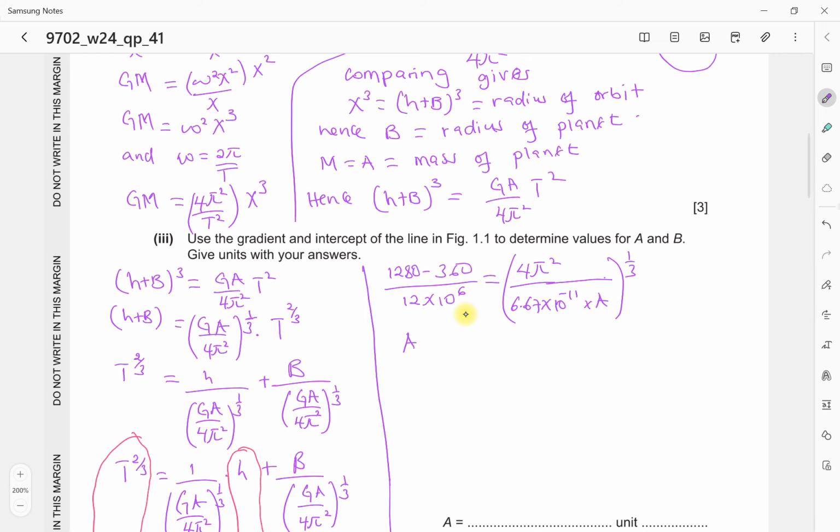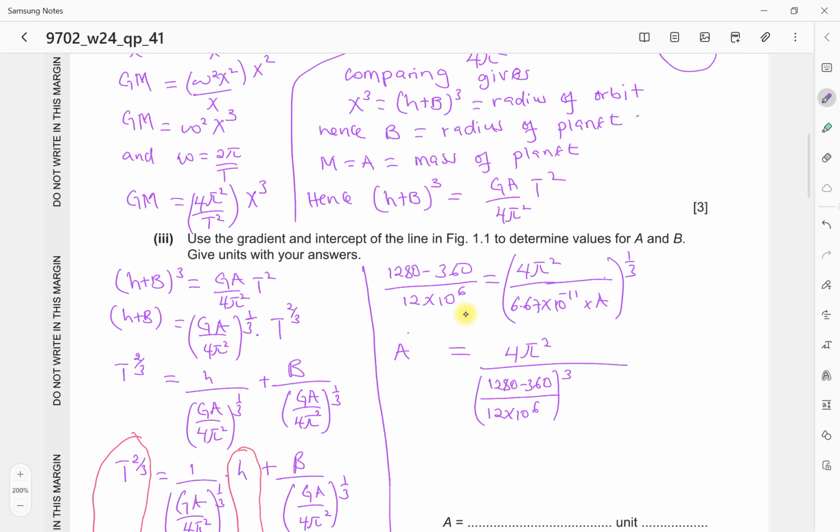So A is going to be equal to, no, it is 4 pi first. I'm trying to make A the subject. Whichever way you use to make it the subject, I'm just raising the gradient to the power of 3, and then making A the subject. So A is going to be equal to 4 pi squared divided by 1280 minus 360 divided by 12 times 10 to the power of 6, but this is raised to the power of 3,